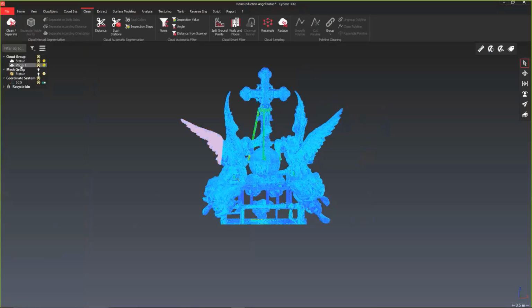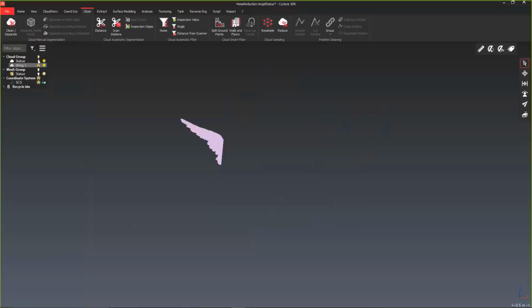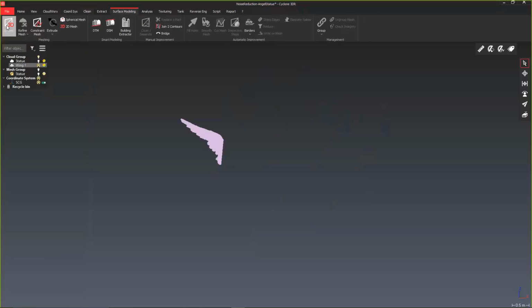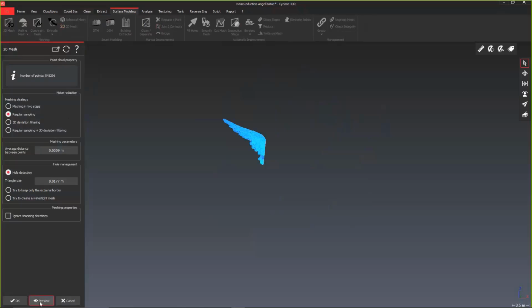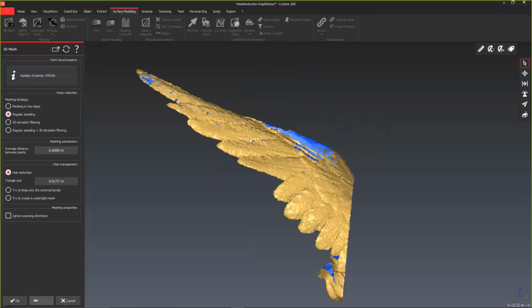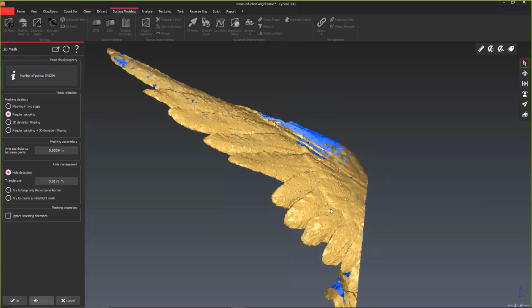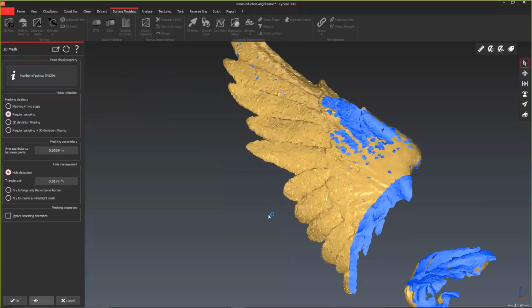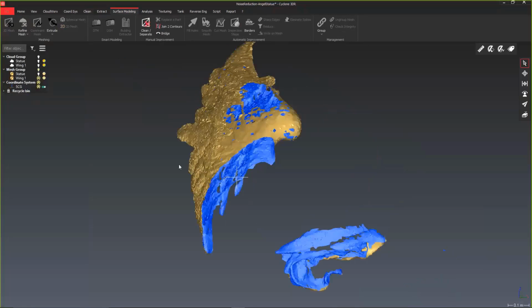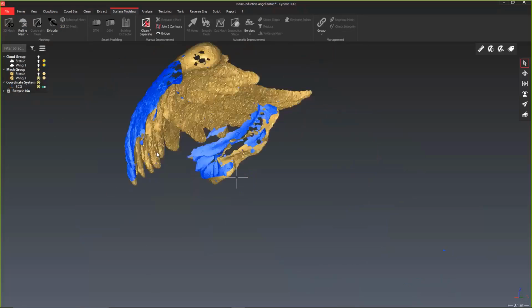And what that does for me is creates an item on my tool palette that will allow me to turn that off or turn everything else off. And then I can decide to 3D mesh this. And I'm going to do this very quickly. I want to leave you guys some time to ask some questions. And you can see that's just me hitting OK, not setting any settings or anything like that. And I can call that my mesh. Now, of course, I can refine that mesh to be something better than what it is,